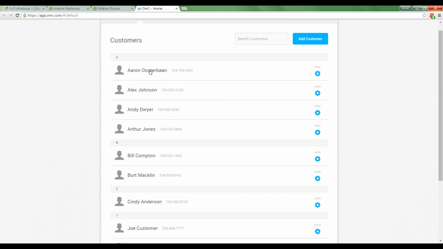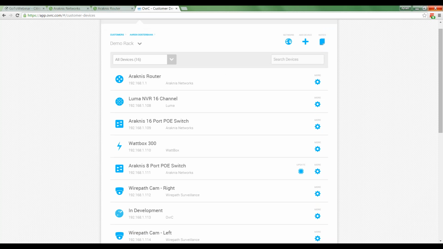I can go and log into Aaron's account, and here on the top left drop down, these are his jobs, all different racks or different locations. I'm doing the demo rack currently. This is the beta rack that we have, so we see a lot of things here that are not in production yet. You can see there's a list of online devices versus offline devices. You can see by the color here that they are all online because they're all blue,